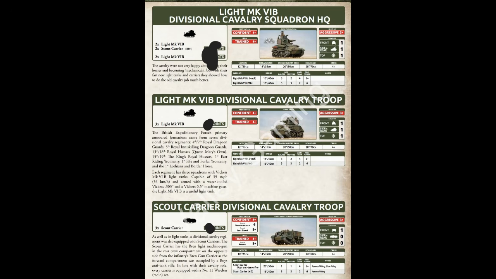Okay, so the HQ can either be 2 Mark 6s or 2 Mark 6s and scout carriers. Basically, the scout carrier and the 5-inch gun are the same anti-tank and same firepower, so I suppose it's a lot of anti-tank 4 and not much else, and armor-wise pretty similar. But yeah, interesting formation, bit of a swarm really. Now the scout carriers though do provide you with scout and spearhead as well. They do cost quite a little bit points less than the Mark 6 tank,